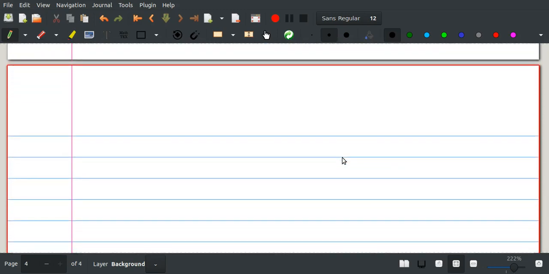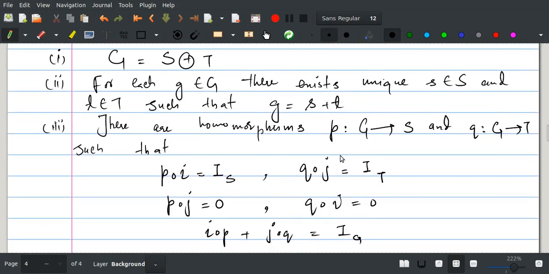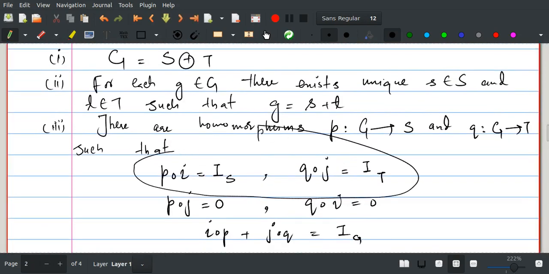Now we have proved these two things over here. Now we have to prove